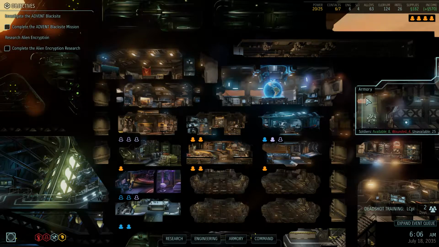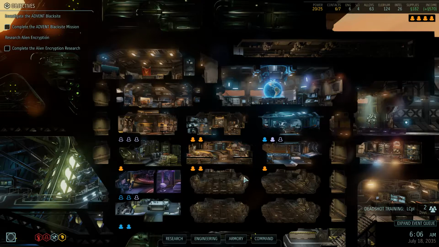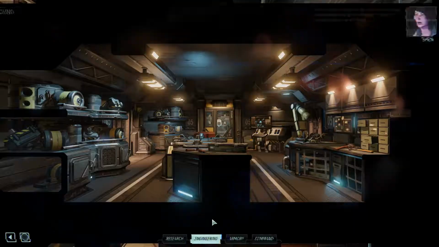So, interesting situation though is 182 supplies, and I'm sure I was probably banking that maybe to buy, like, you know, guns and armor for people, but the thing is that I wonder if this is what my